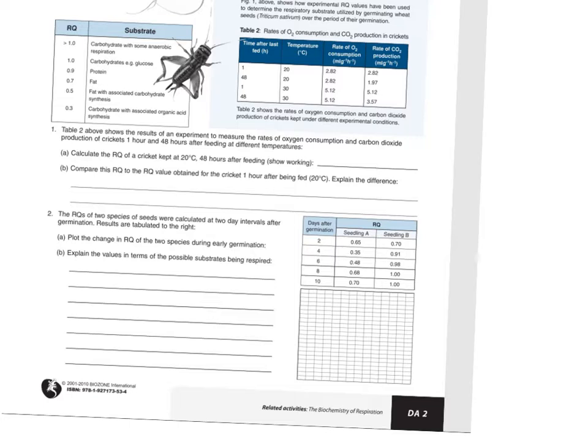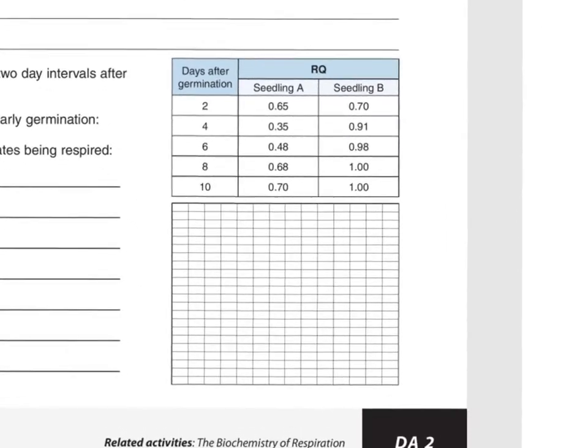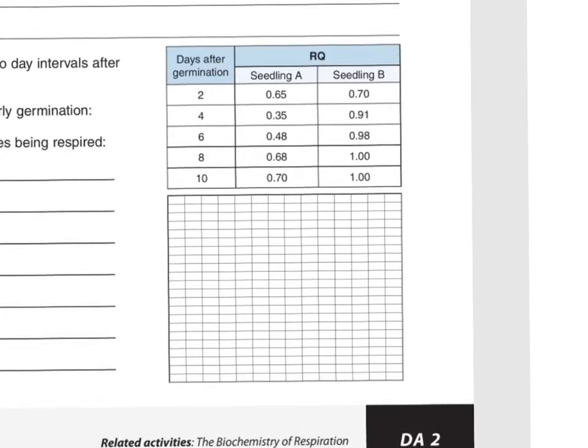Which one of these depends on the other? I can't see what that says. Let me zoom in here for you. There you go. Which is the independent? Which is not going to depend on the other? Which one of these two? The days are independent. The RQ value is not going to define the day of the week it is, or how many days have gone by. How many days have gone by will define the RQ. So this one impacts this one, so this one's independent, so that would go here.